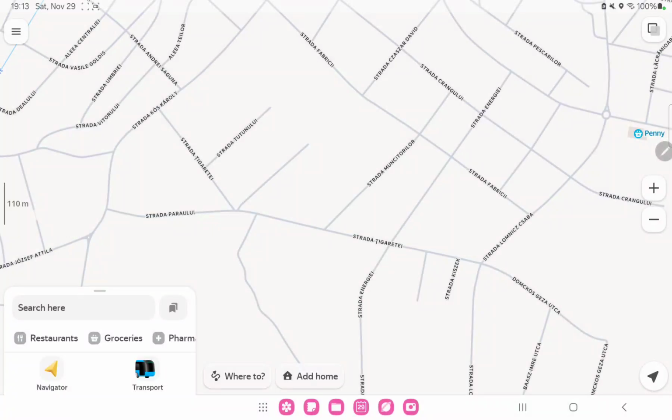Hello guys, in this video I'm going to show you how to show the school zones on the Yandex Maps